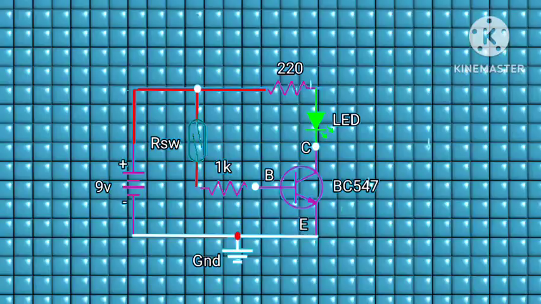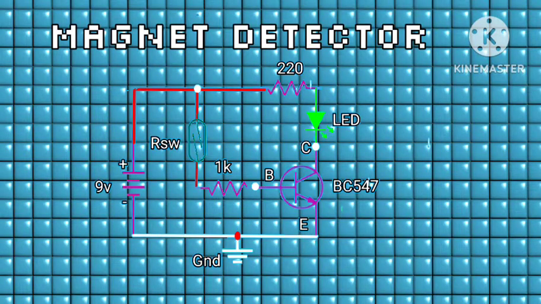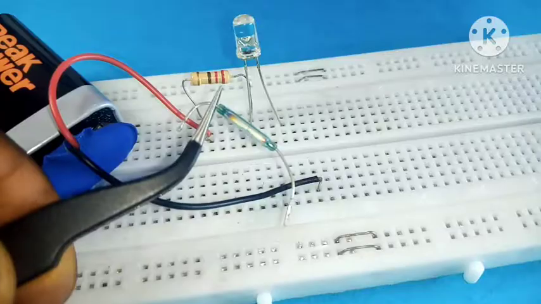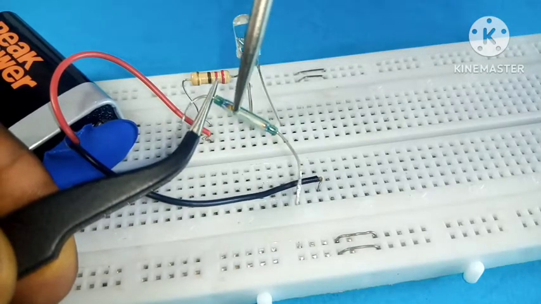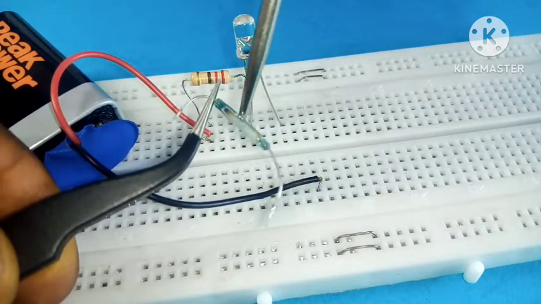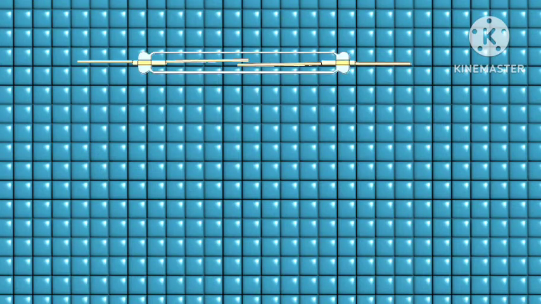Alright, let's move into the next project. Here on the schematic we can find that we have a different kind of switch. It is a reed switch, and we have an NPN transistor. This is a reed switch with two metals inside of it. We can see that in the reed switch we have two metals that are separated. Each time a magnet is brought close, the switch closes,